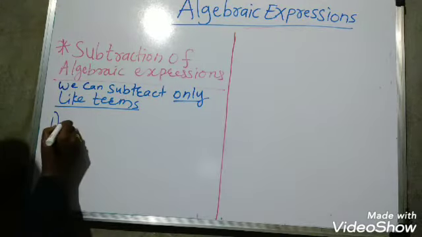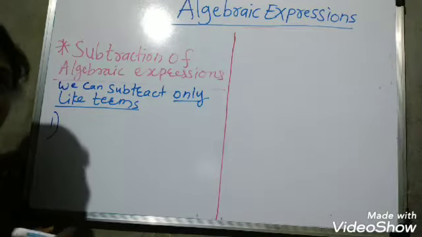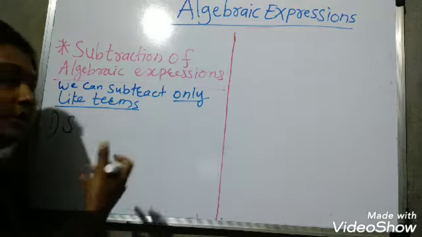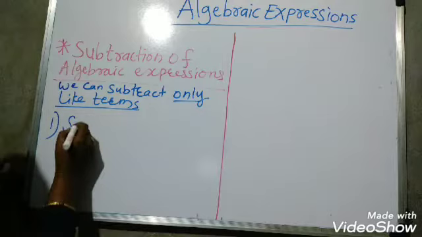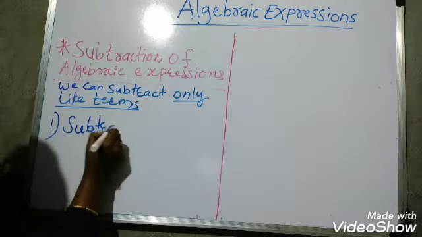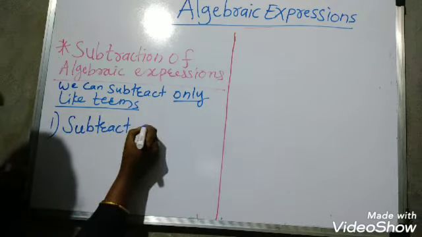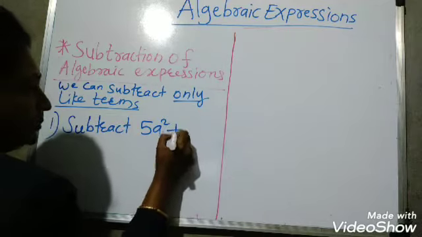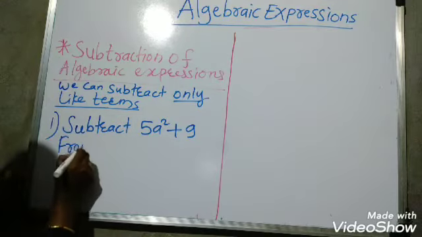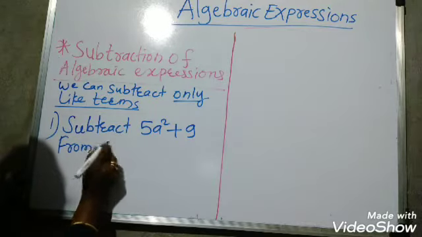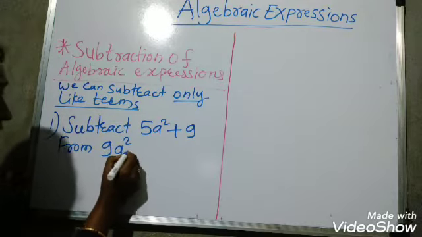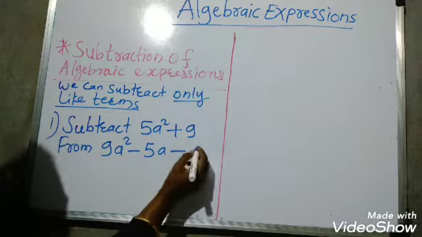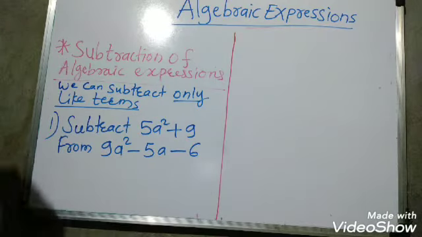Now subtraction, same. In subtraction questions also many students get confused. Why? Just see, a question will be like that. Now directly we will see polynomials, or trinomial or binomial. Monomial you will understand. Now see, the subtraction question will be like that. Subtract 5a square minus, or plus 9, from 9a square minus 5a minus 6. Like this example expression we will take.